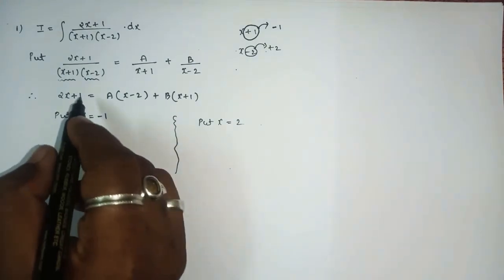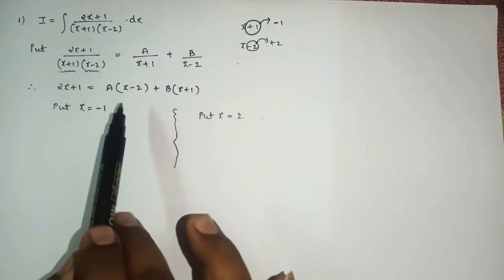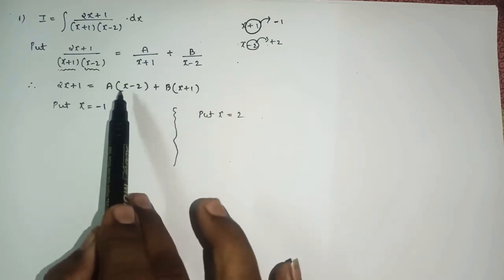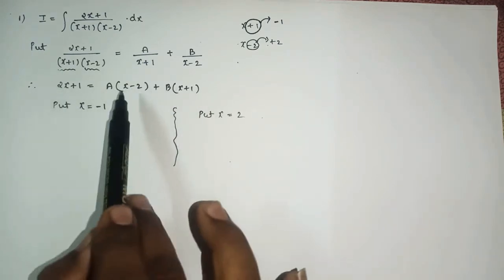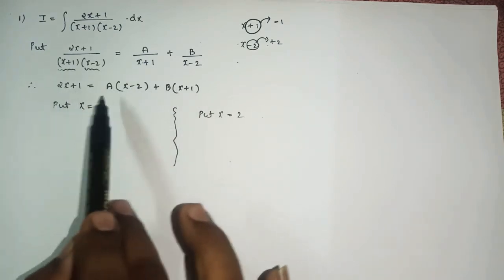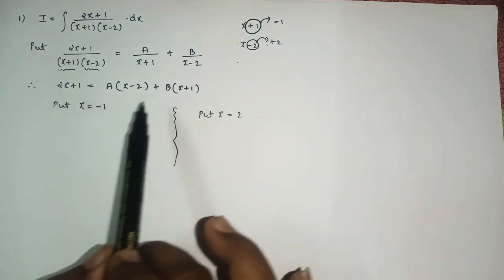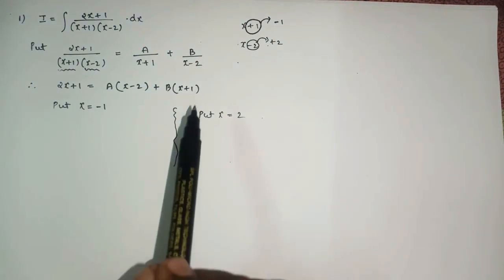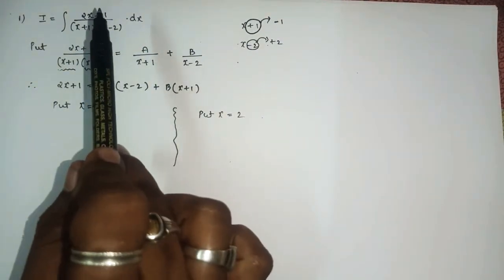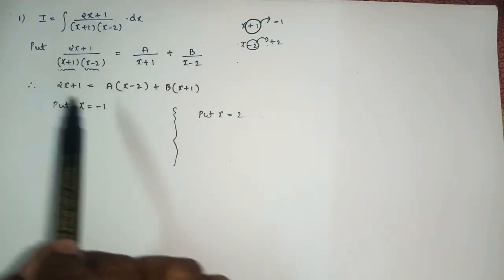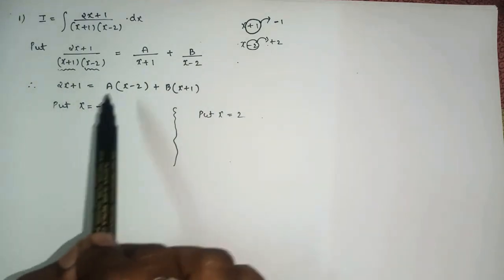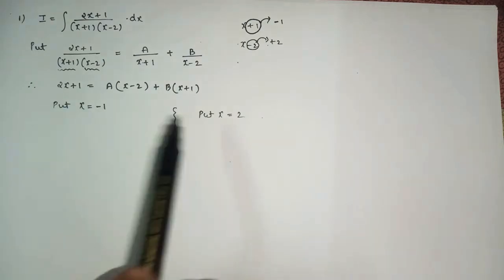So let's see. Okay, the first method is what? Bracket open, arrange the like terms with respect to x and constant, compare the coefficient of x and the number. I hope you all might be knowing how to compare, as there was one type which was based on the linear and the quadratic form where we used to do this. Yes or no? I hope you all might be knowing how to compare and how to find the value of a and b. And the second method, I guess it is the simplest method.